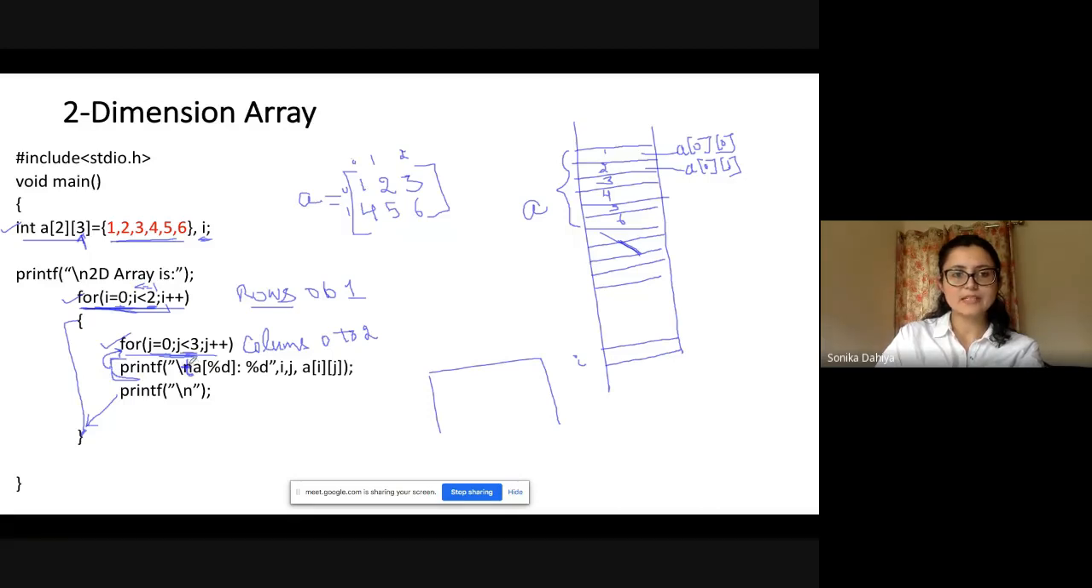Change this \n to \t because I want the array to be displayed in this fashion only. Right? So first it will be printed as A0. Okay, another error is there. Please make this line of code a correction here. \t A